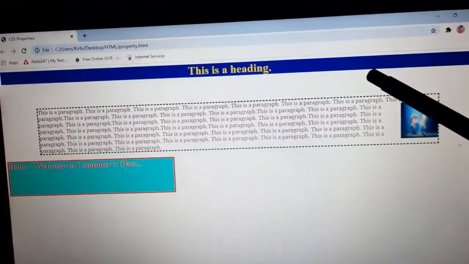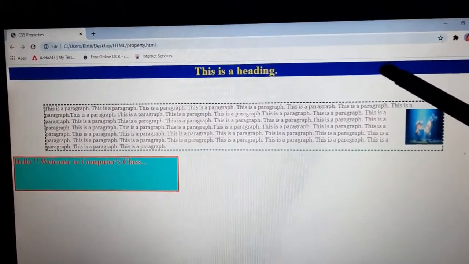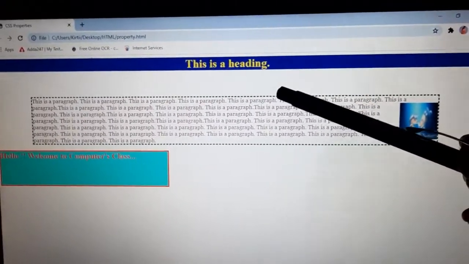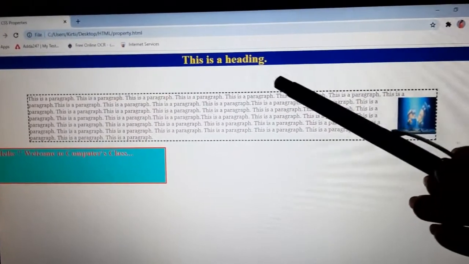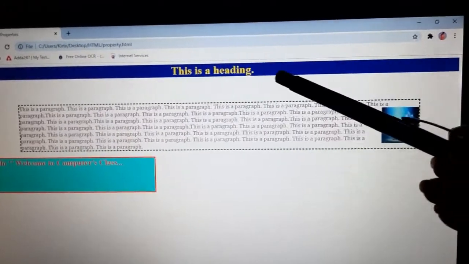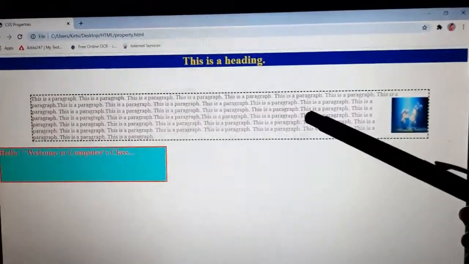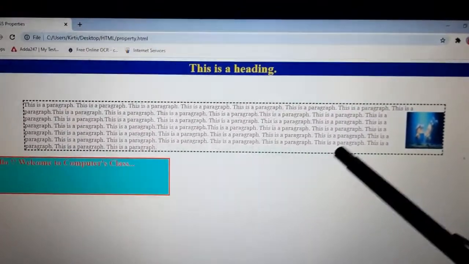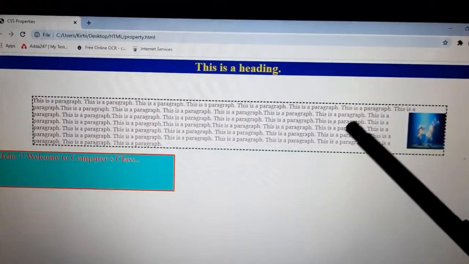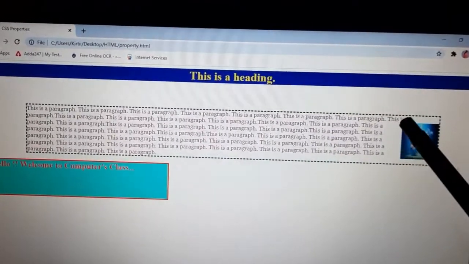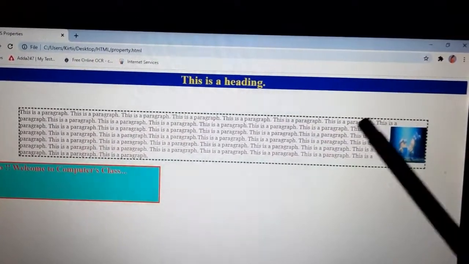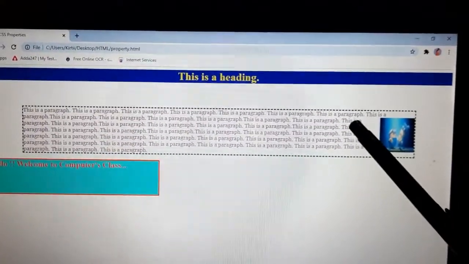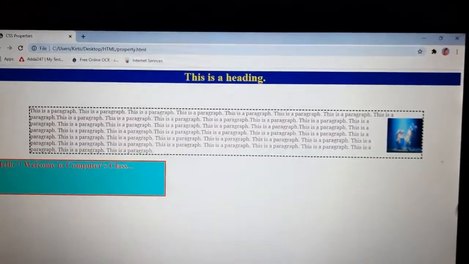As in the first heading section, I have mentioned the border color blue, I have given the hexadecimal value for that, and for the text I have given the color yellow, and the text align was center, right? So the heading is in the center of the page. Next in the paragraph I have mentioned the color brown, and the font family is Georgia, and you can see that the text is in a different style. Border style I had mentioned dash, so the border is in the dashed form, and the image as you can see is on the right side and the text is here in front of the picture, right?